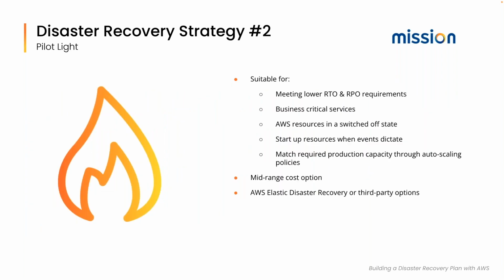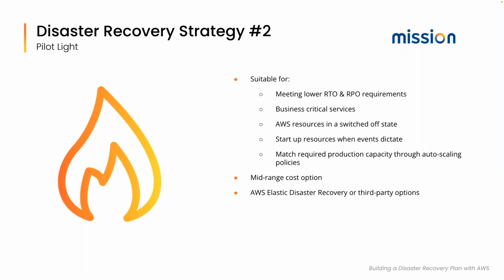Let's move on to disaster recovery 2, which is called a pilot light scenario. In this strategy, we have resources that are built around a replicated data set. This basically leaves all these resources staged in a stopped state to respond to a disaster scenario. Whenever there is an event which dictates a disaster, we start this pool of resources, cut them over to AWS production, and use services like auto scaling to match the required production capacity that you are running in